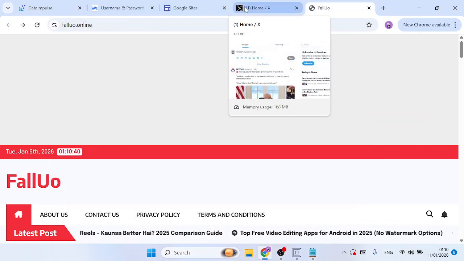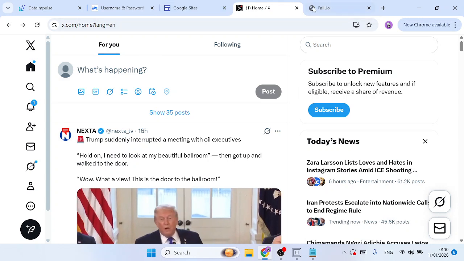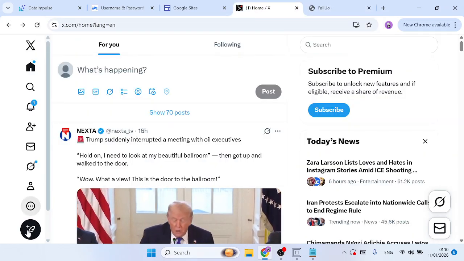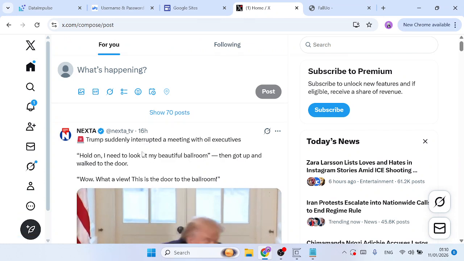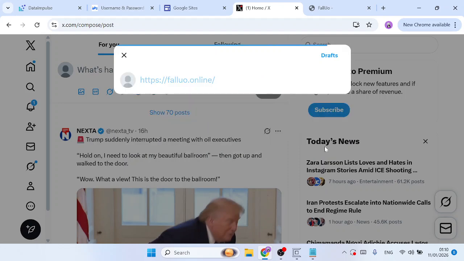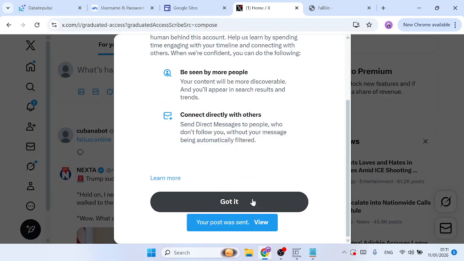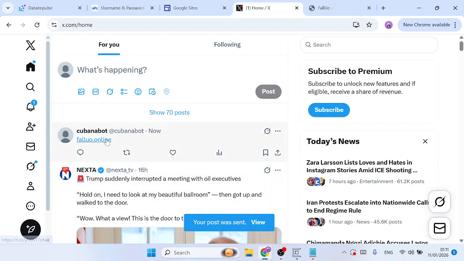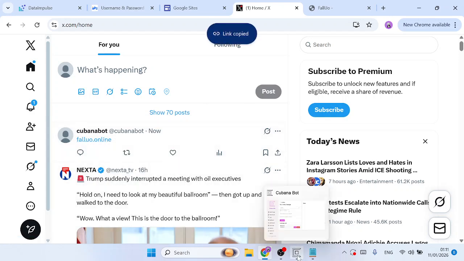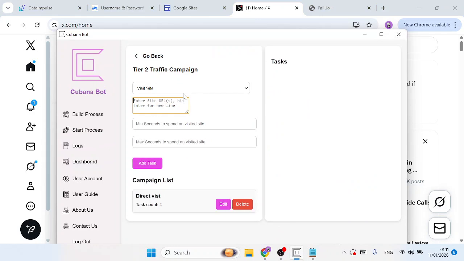So now let's do Twitter first. So you head over to your site, copy your site link, go to Twitter, click on create post, paste your site URL, then post it. So there you go. All you have to do is just right click and copy the link address. Head over to Cubana bots, where it says visit site, Control V. So that's the URL for referral visit from